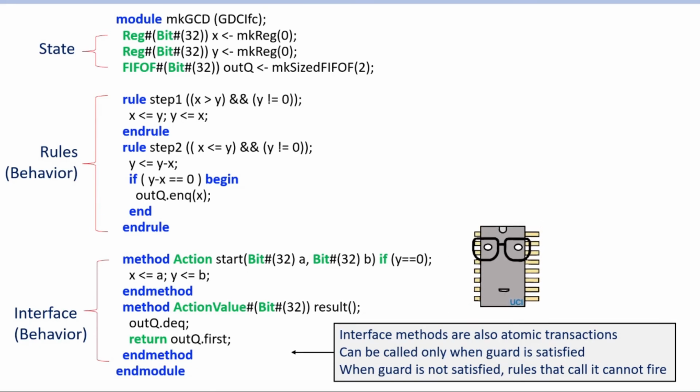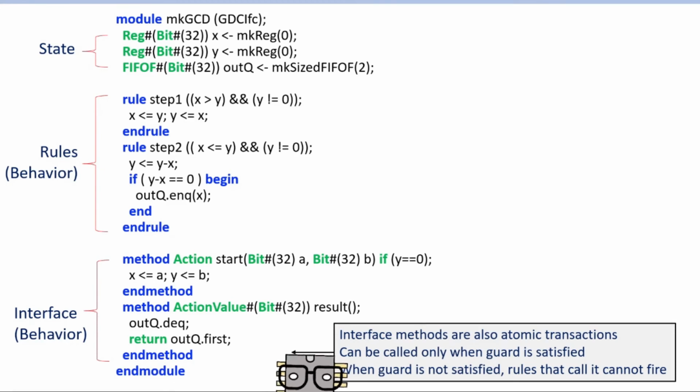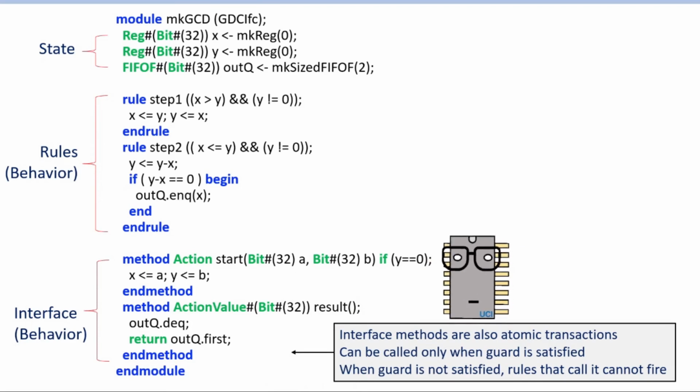Because rules are atomic and rules are transactions, the rule does not fire unless all of its guards are met, and all of the guards for all the methods that it calls. Unless all of them are met and can actually be applied, the rule does not fire. So when a guard is not satisfied for an interface method, rules that call it also cannot fire. So if there's an outside rule that tries to call start to enqueue a piece of work into this accelerator,